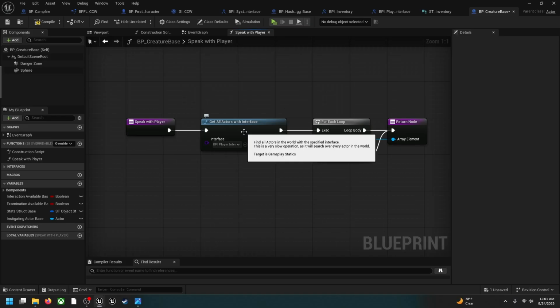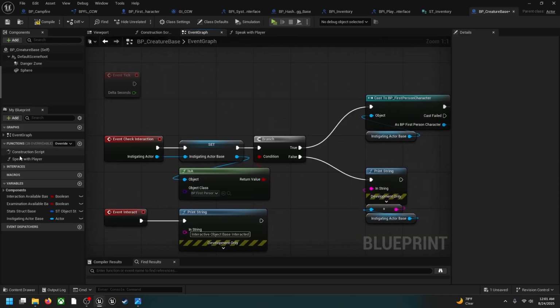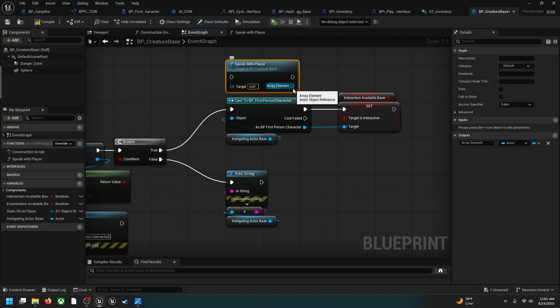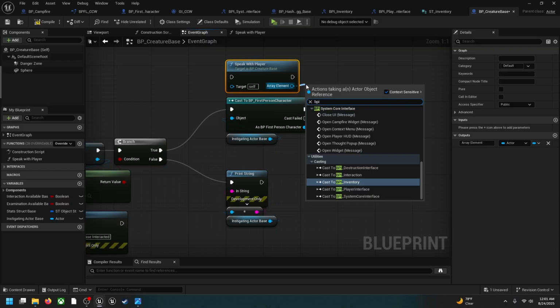But what it does is it looks for any actors with the BPI player interface. So yes, it's going to ping all the actors, but that just takes a couple of moments when the game starts or when I have to do this specific thing. And what that does is when it pings them, it goes through here, and the player itself, through the interface, API,